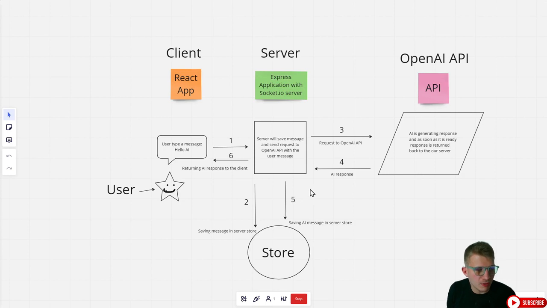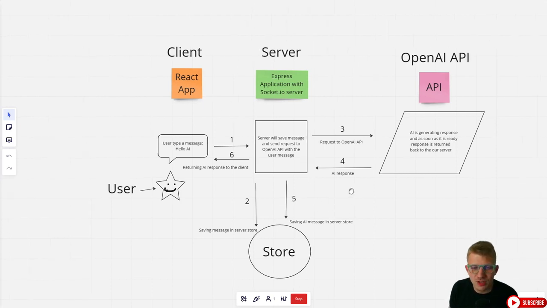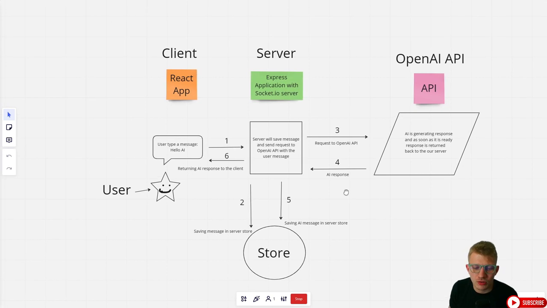Let's talk about the tech stack which we'll be using in our application. Here we have the user in our React application. The front end of our application will be created in React from the beginning, so you need to have a little experience, or even just experience with JavaScript, and you will be able to follow the course. How will it work? The user will be typing a message, for example, hello AI, and this message will be sent to the server